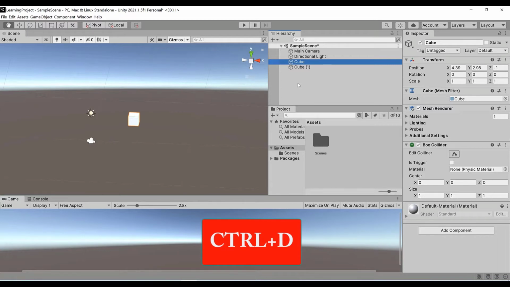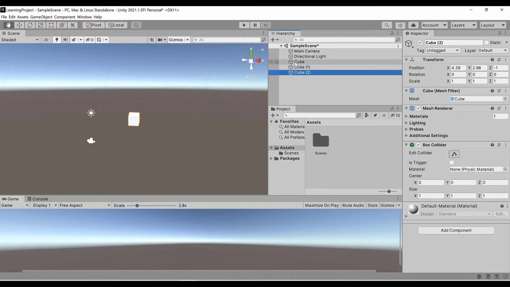So I'm pressing Control D, and you will see, once I select this cube, make sure the cube is selected in the hierarchy window. Now in the hierarchy window, the cube is selected. Once you press Control D, it is going to create a duplicate of this cube, which is over here. Now I want to move this cube. To move this cube, first of all we need to activate the